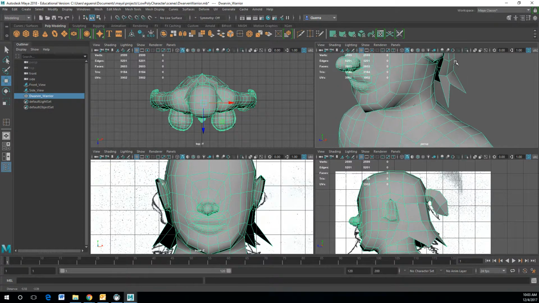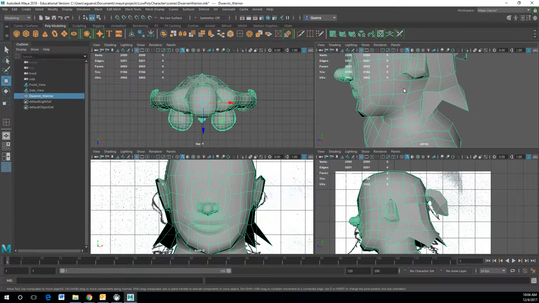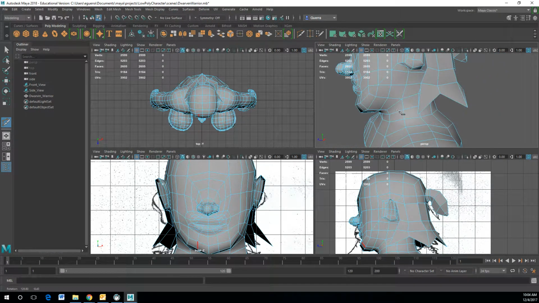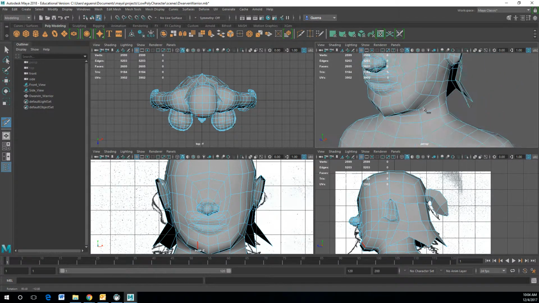Now let's see what else. Now with the beard, this is a little bit complicated. You might have to take consideration of, let's see. Now I might have to use the multi-cut tool. Again, there is no right answer to this. It is all dependent on how you want to approach this and how you want to make this effective in regards to how everything looks. Yes, I am going to add triangles. I do believe this is a good solution